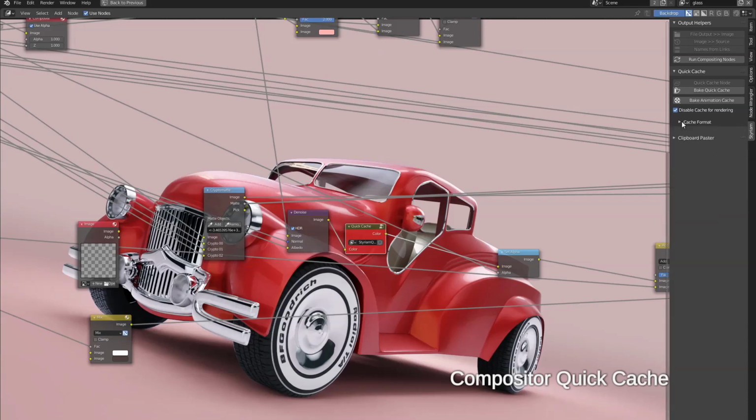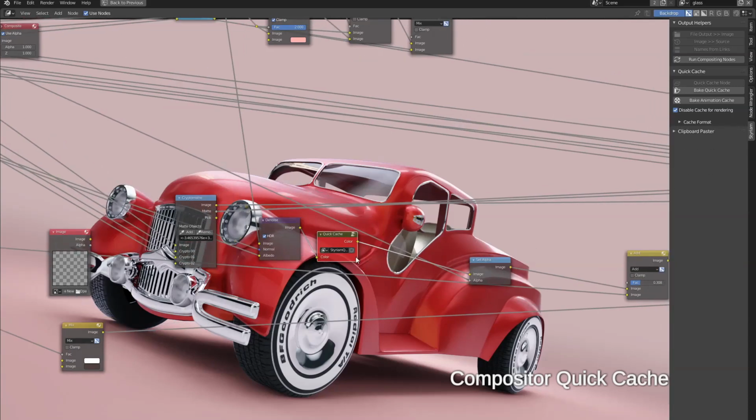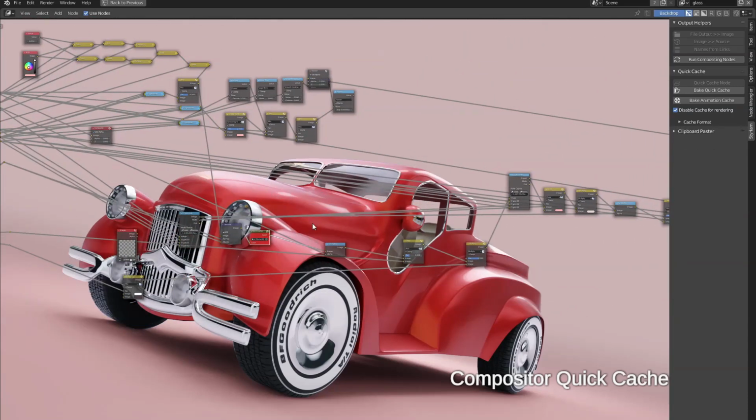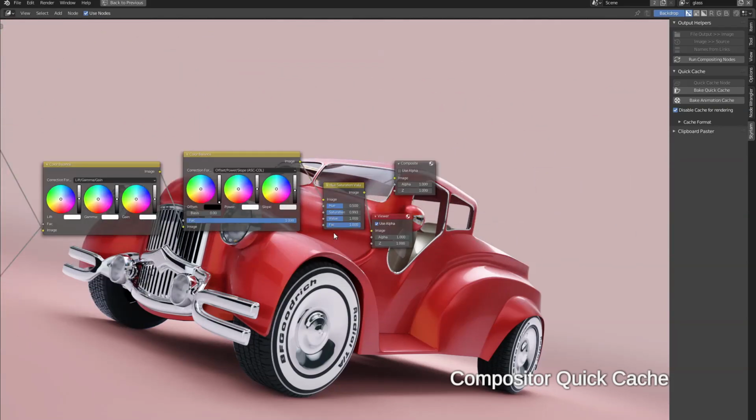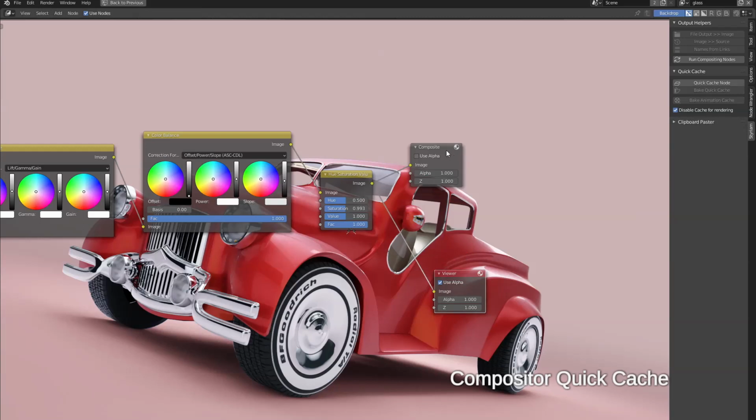It is also possible to bake the whole animation to the cache, though Quick Cache won't let you look at your animation in real time. You can use it with other popular add-ons capable of caching compositor output to sequencer strips for even faster workflow.